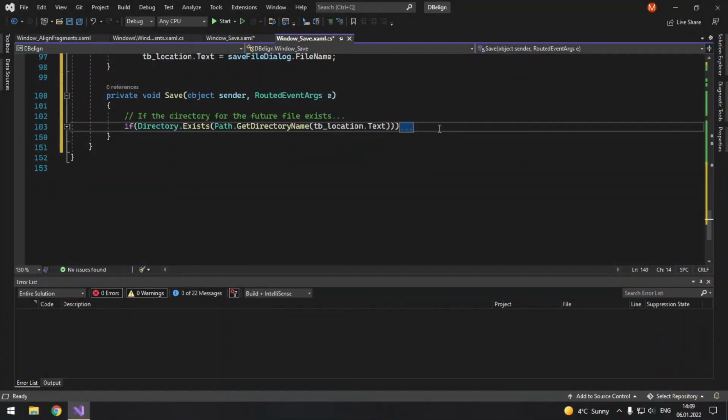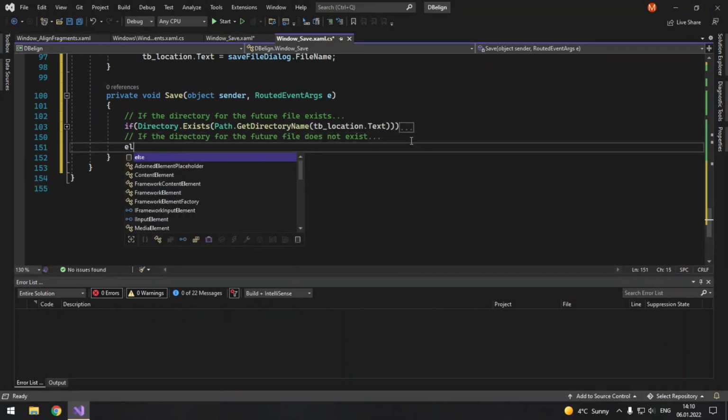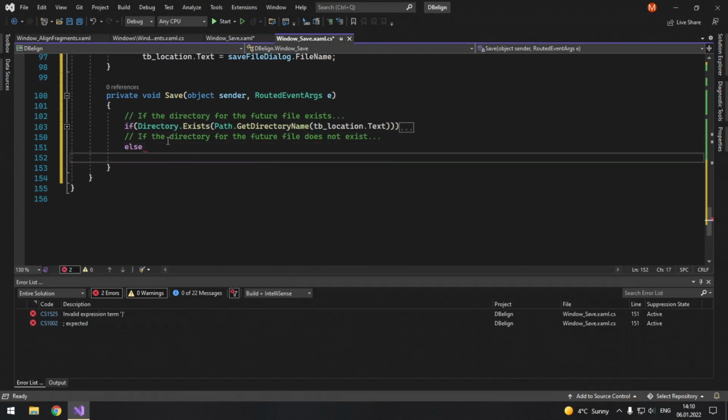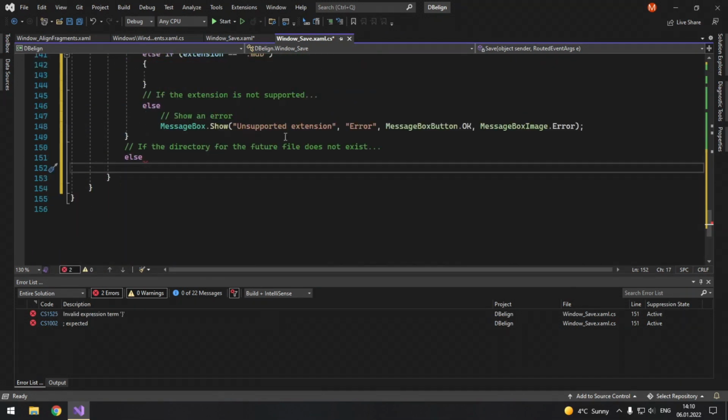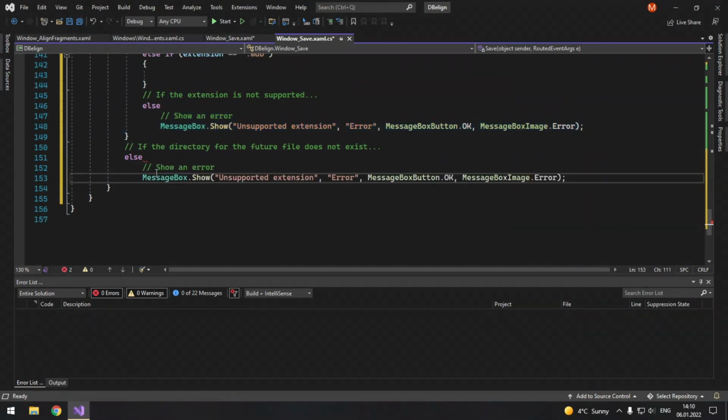But if it doesn't, so if the directory for the future file does not exist, so else we again show an error. But the message will be different.